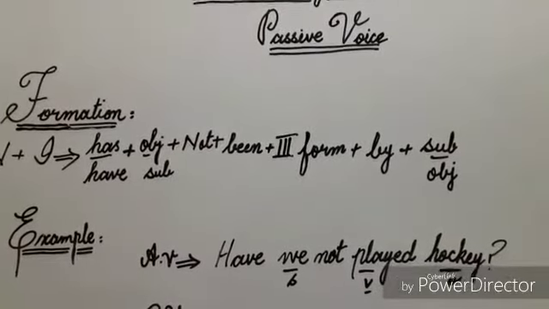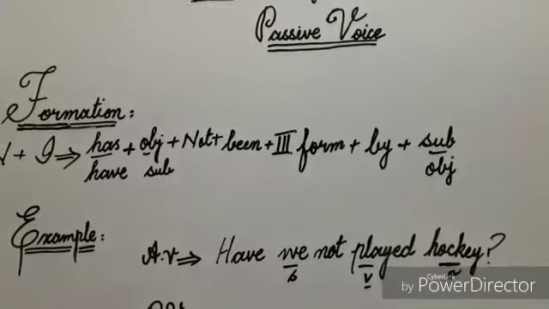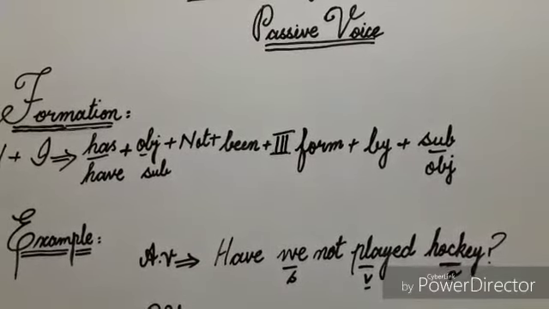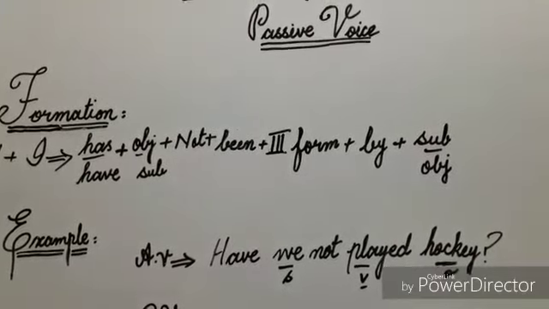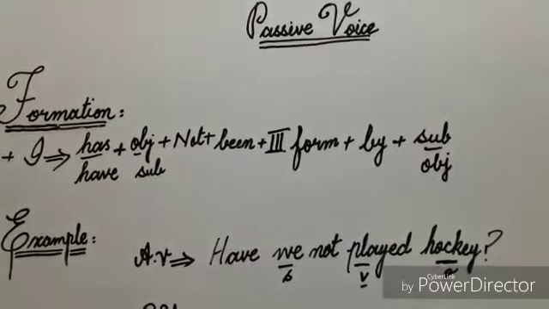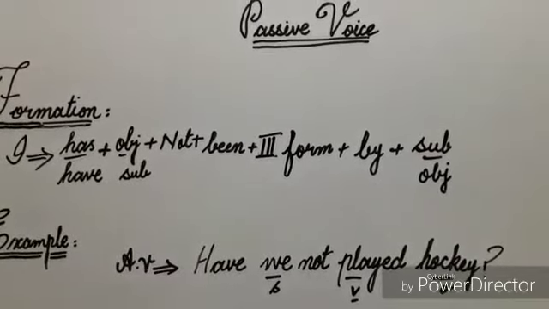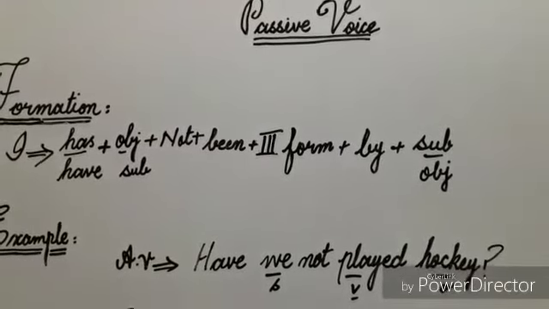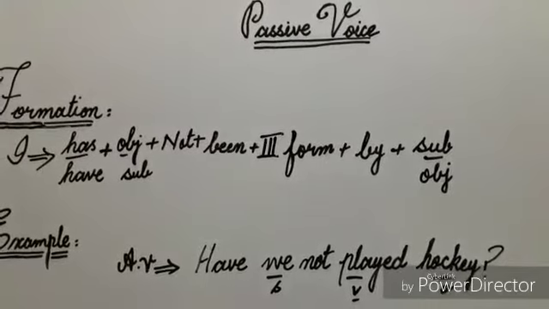In this sentence, the word played is verb because it is showing some action, and its subject is we because this word is doing the work of playing, and hockey is object because the work of playing is being done on it. In this sentence, verb is in active voice because its subject does something. So it's active voice sentence. Now I'll change it into passive voice.